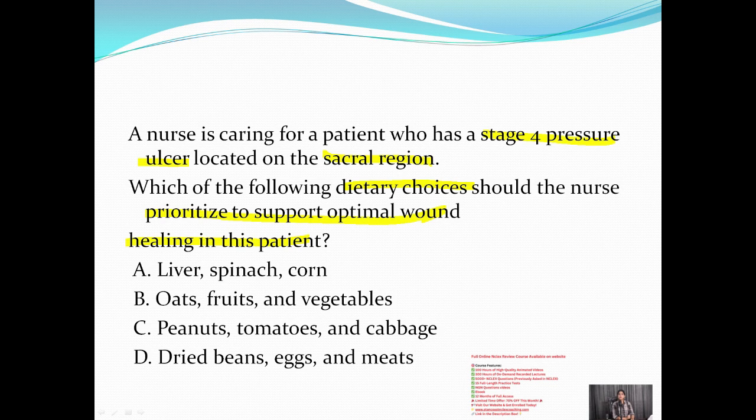Correct answer, D. Dried beans, eggs, and meats. Protein is essential for tissue regeneration, especially in patients with deep wounds like stage 4 pressure ulcers. Dried beans, eggs, and meats offer complete and high-quality protein that supports cellular rebuilding and immune defense. A. Liver, spinach, corn. While liver is protein-rich and spinach offers iron, this combination still lacks the sustained high-quality protein